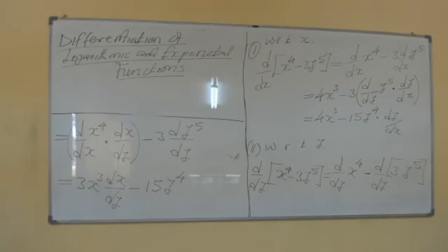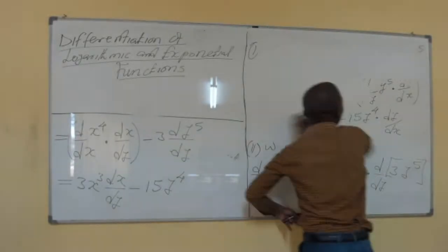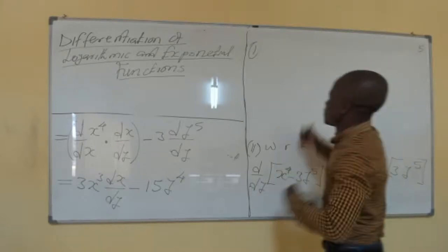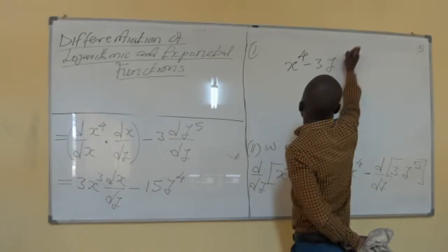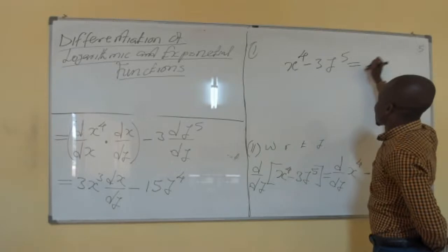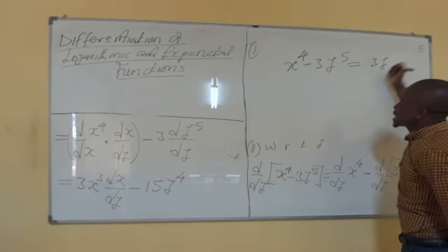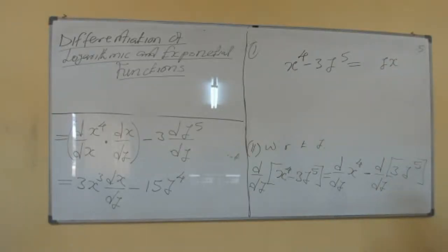An example, with respect to your question, the same one that I was just giving you. For example, if I gave you x power 4 minus 3y power 5, maybe it's equal to 0, or I can put any expression, provided there's an equal sign here. Maybe it's equal to 3y, or I can even put 3xy or xy. So if you have such type of equation,